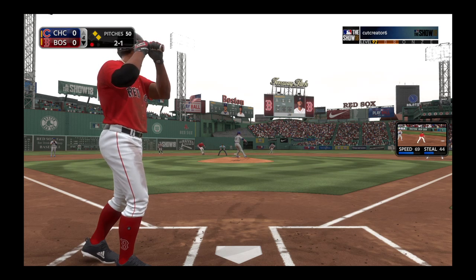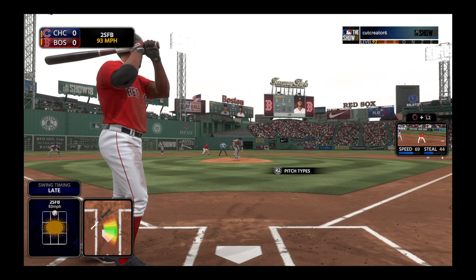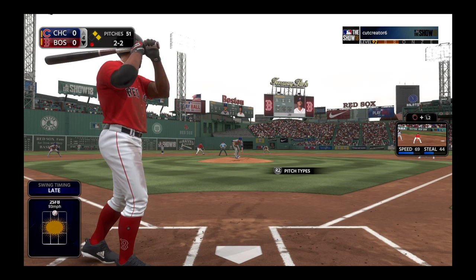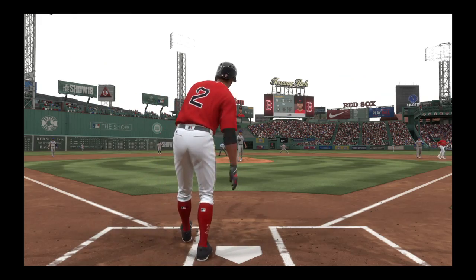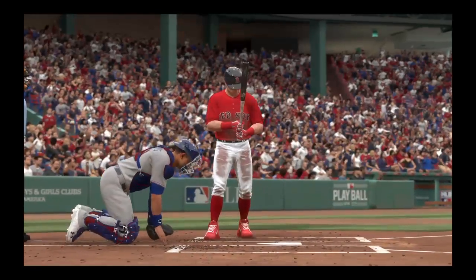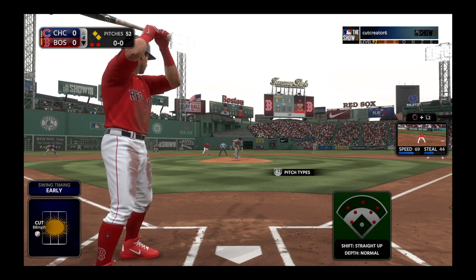The 2-1 pitch is a letter-high fastball swung on and missed. That's what you call a challenge fastball right there, boys. I don't know if he was necessarily trying to miss up in the zone like he did, but he got away with it right there and put the fastball by him. Looked like the cut fastball there, and he got him to swing through it for the second out. Number 5,